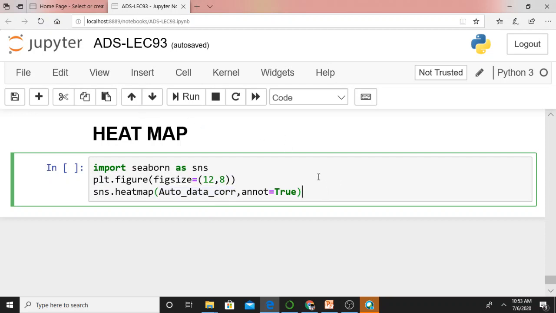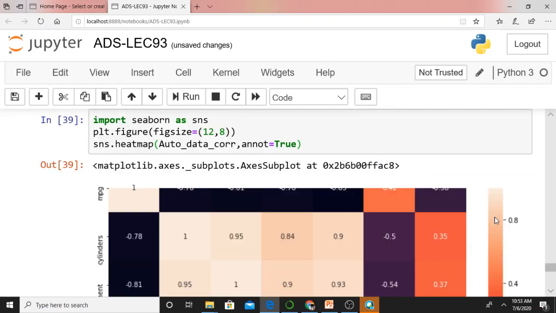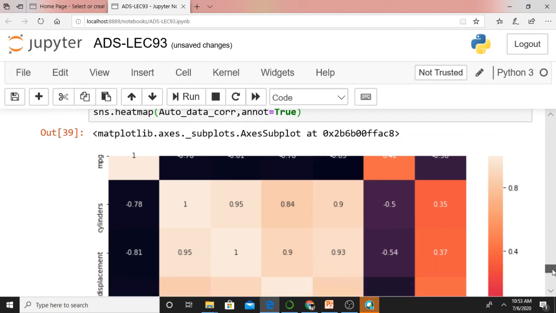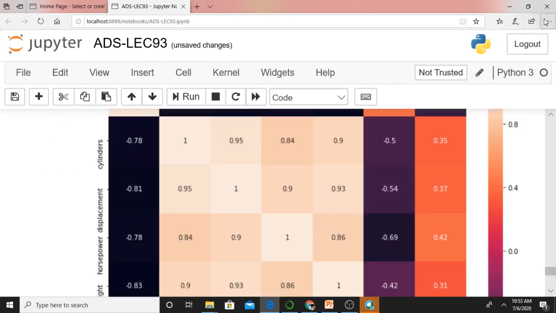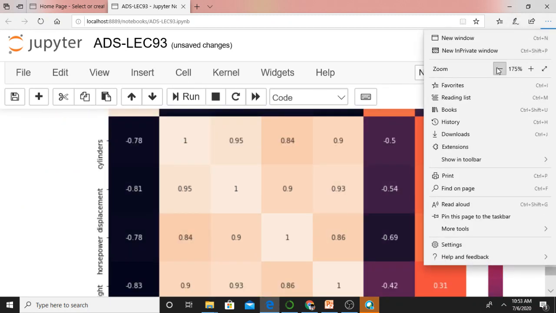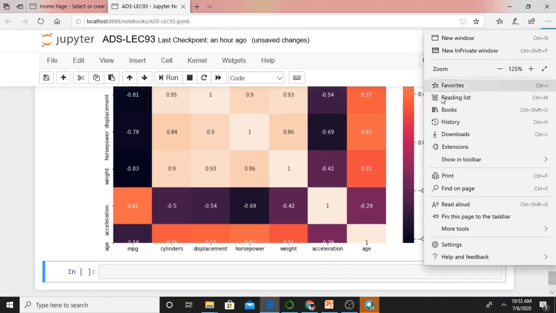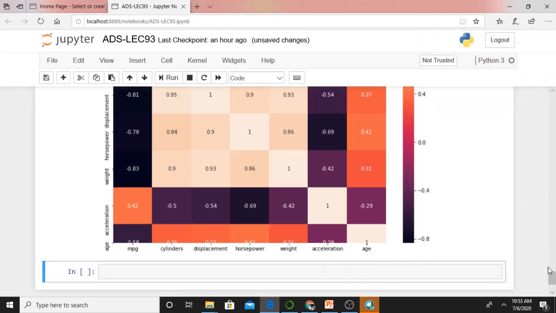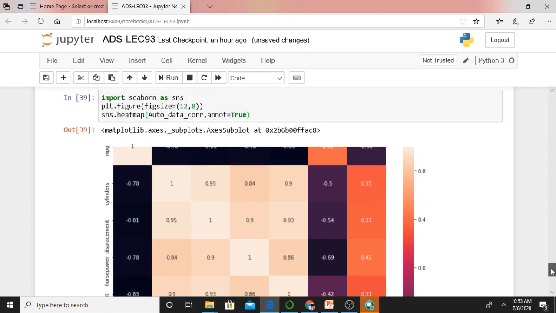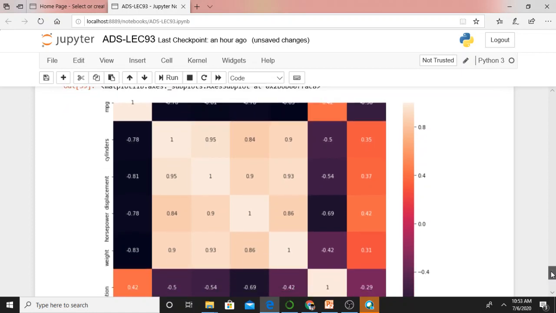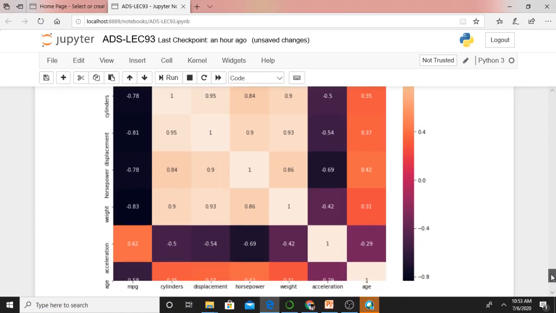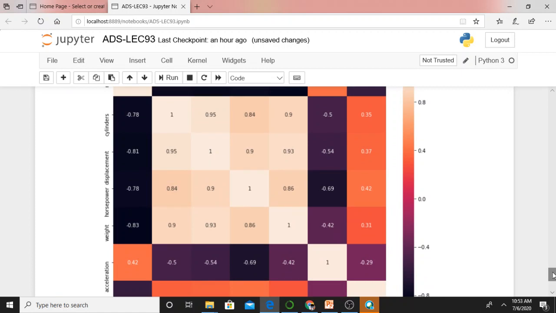If I run this particular heat map, what will it represent? Let me reduce the size a little bit so that you may view this figure completely. Just see now what happens. This is my heat map. This heat map represents my correlation matrix, isn't it? The correlation matrix is what we passed to the heat map function as the first argument.